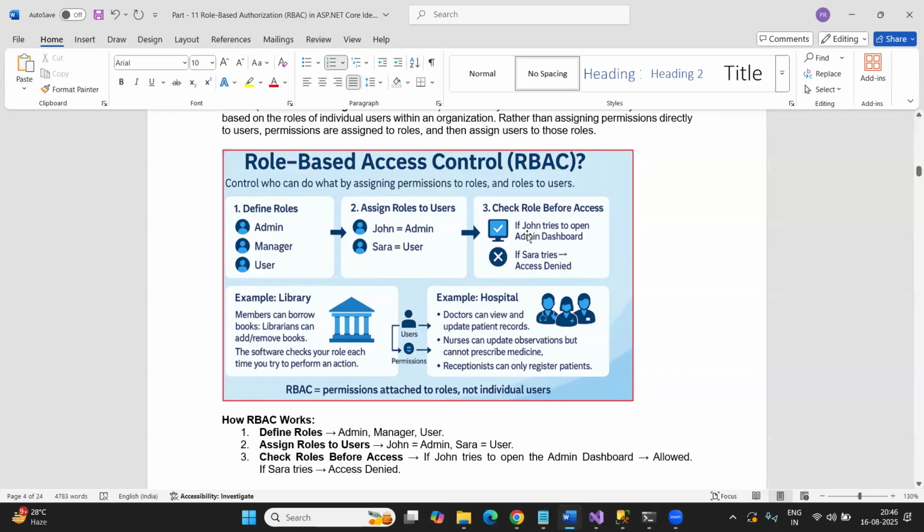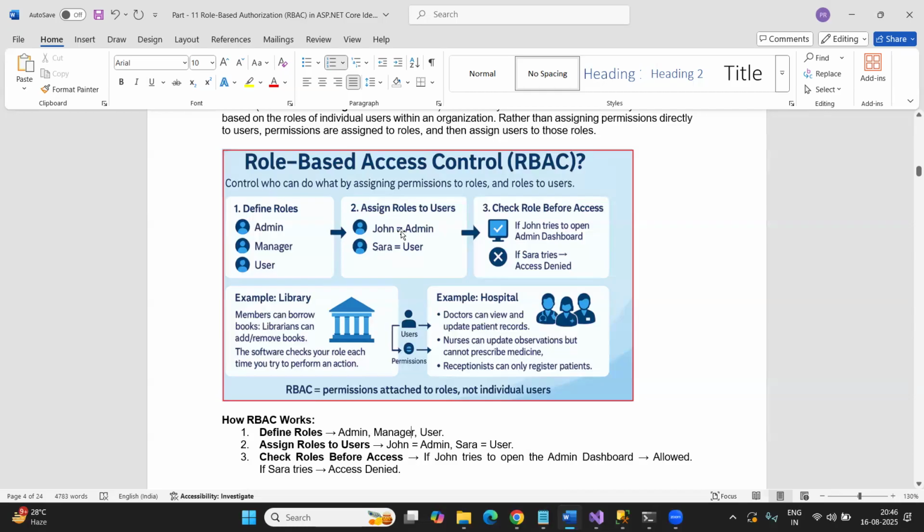going to do? Now, before accessing the resource, if you are taking the example of ASP.NET Core Web API, it is an action method, right, which is going to process the data, return the data. In case of MVC application, the same thing, but here also we are going to have some kind of web pages. So basically, if John as a user tries to access the admin dashboard, then he can access,